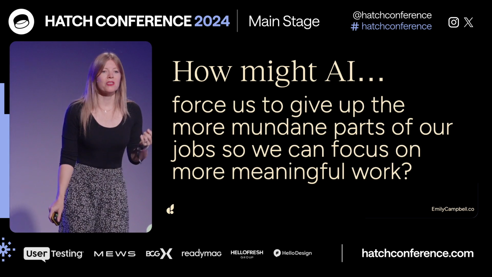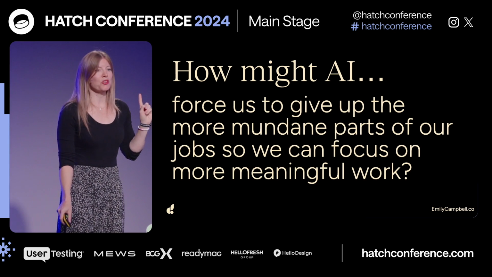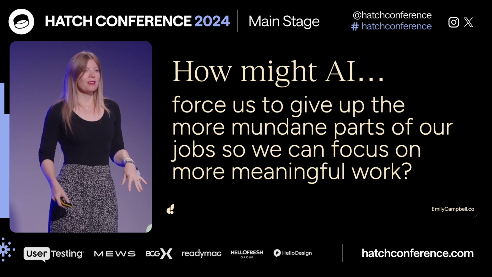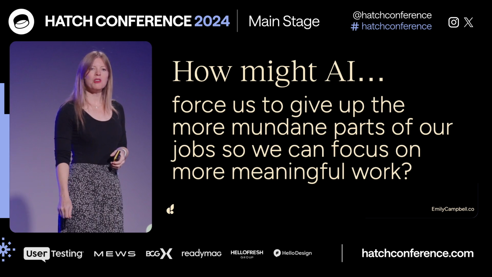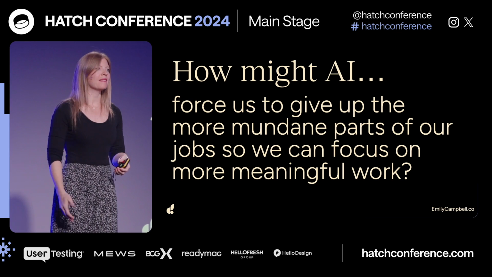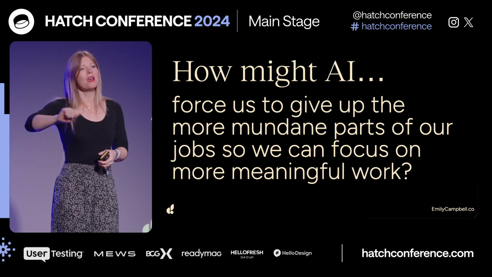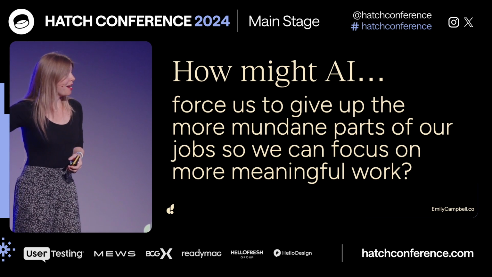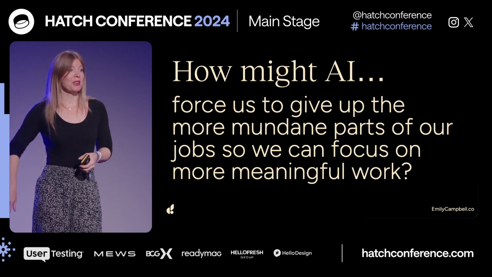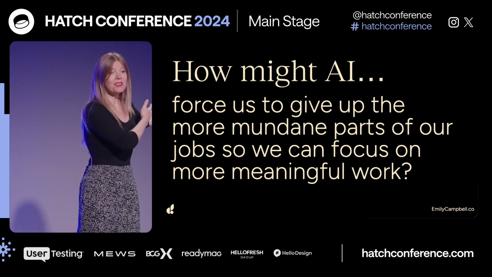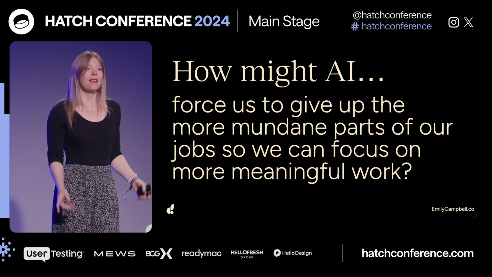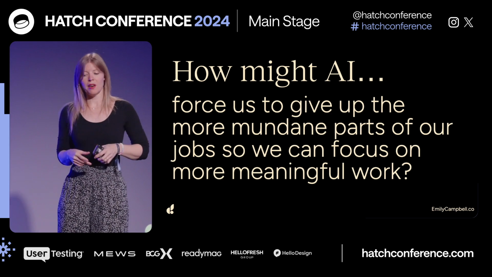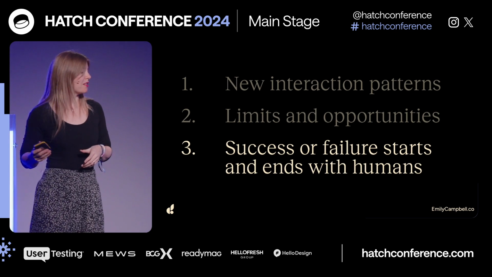If you're worried about losing your job to AI, here's the best thing you can do tomorrow. As you're going to work next week, sit down with a piece of paper, and every time you do something that's repetitive, that's mundane, that you wish you had somebody else to just do it for you, write it down. That's the stuff AI is going to do. That's the part of your job that's probably going to go away. And everything else, hopefully, is the stuff you care about, the stuff that's more strategic. That's how we can be thinking future-friendly: how can we actually be proactive in adopting this so that we're prepared?